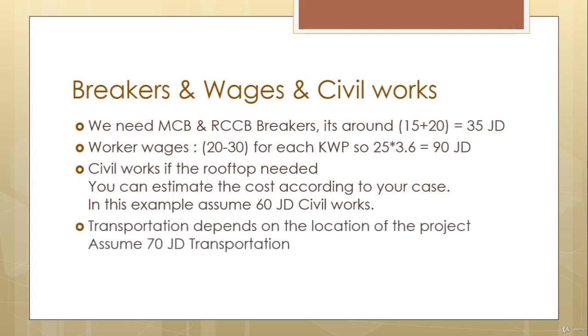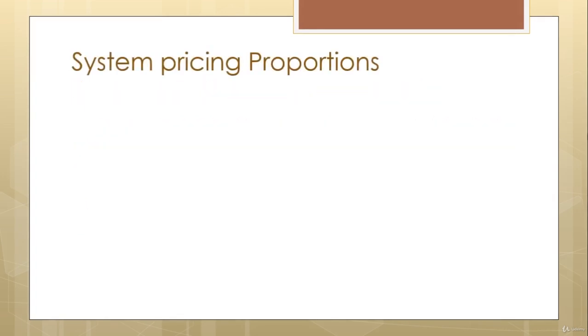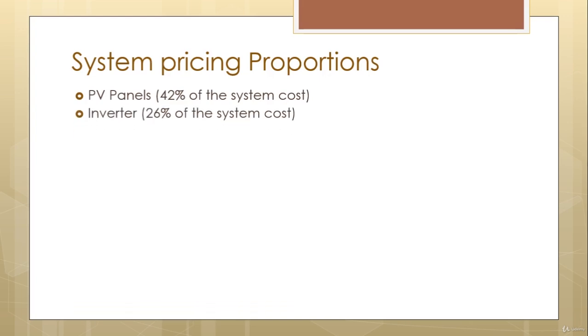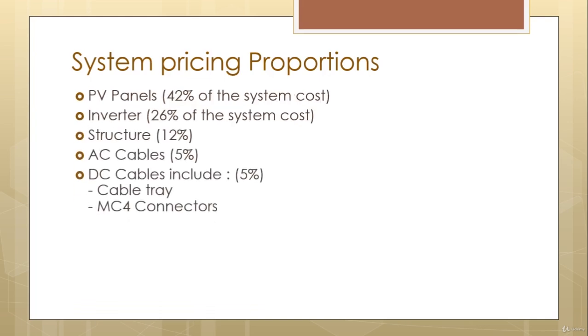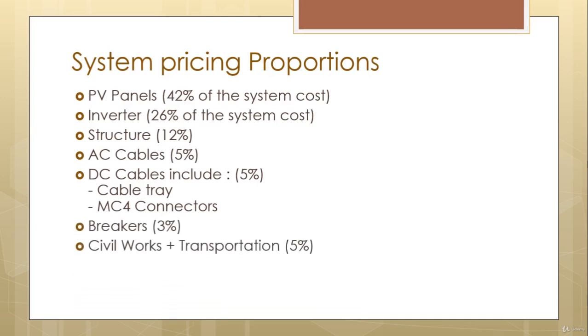Transportation of the parts of the system depends on the location of the project. Assume 70 JD for the transportation. So this is the system pricing proportion. The PV panel gets 42% of the total system cost. The inverter gets 26%, the structure gets 12%. AC cables 5%, DC cable including cable tray and MC4 connectors 5%, breakers 3%, civil works plus transportation 5%,